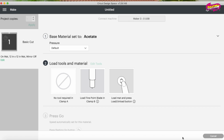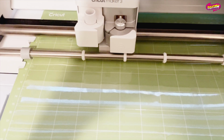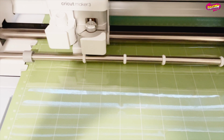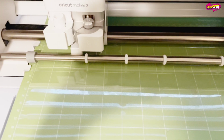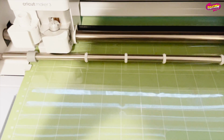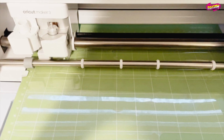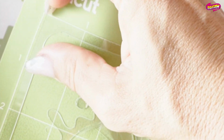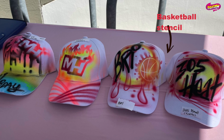That's it, guys. That's literally all you have to do to make this awesome. So of course you have to hit the settings, meaning hit the play button, hit those, follow number 2 as you can see on the screen, and then you're going to be cutting your stencil. So you are going to watch it cut. It should not take longer than 2 or 3 minutes. And then once it's done, you are going to just peel up your stencil from your smartboard. And then you'll use it. And it's going to be awesome because...